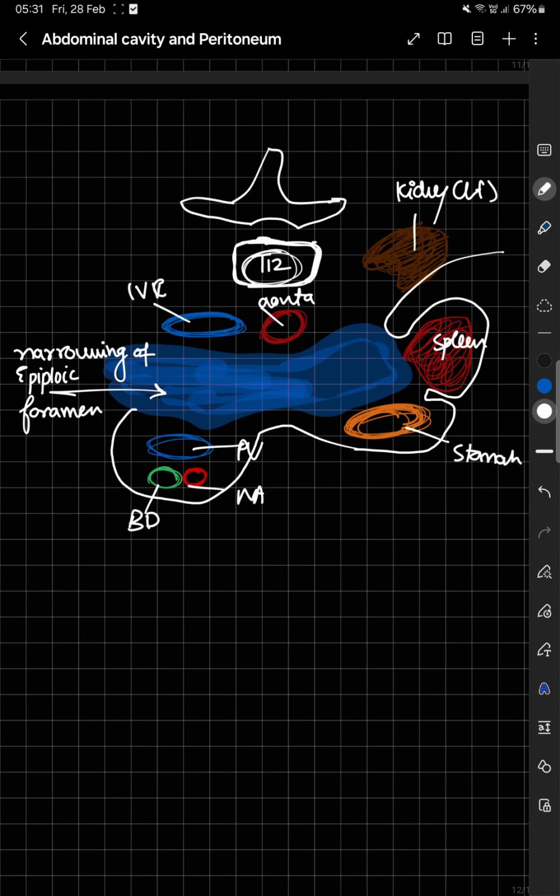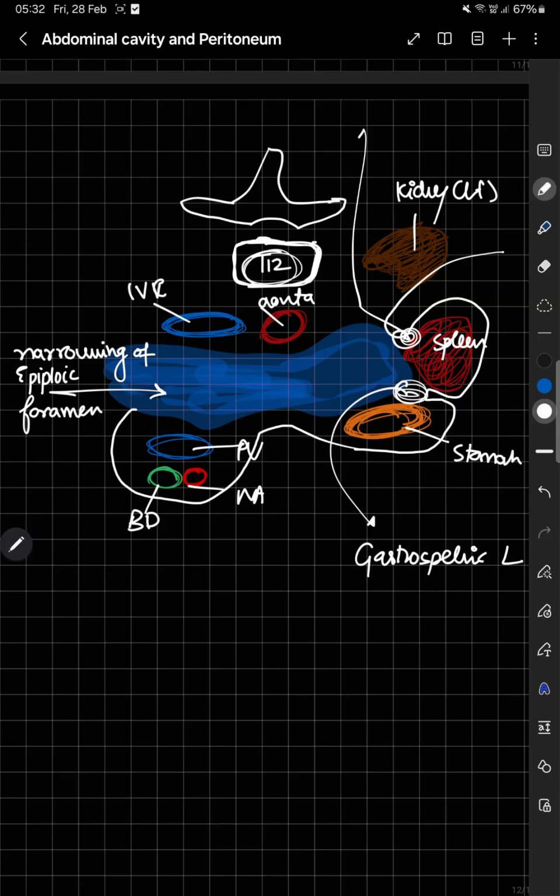And here we have the ligaments that divide the stomach from the spleen, which is our gastrosplenic ligament, and the spleen from the kidney, which is known as the lienorenal ligament. Gastrosplenic ligament, here the spleen takes the word renal ligament. Okay,